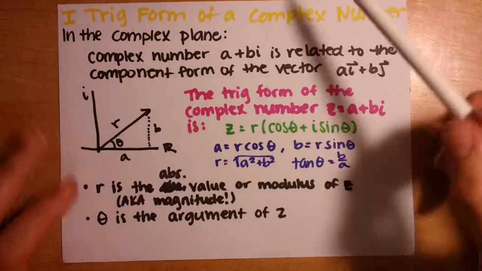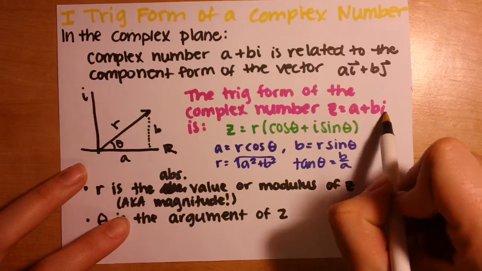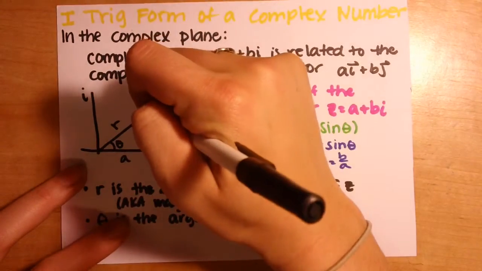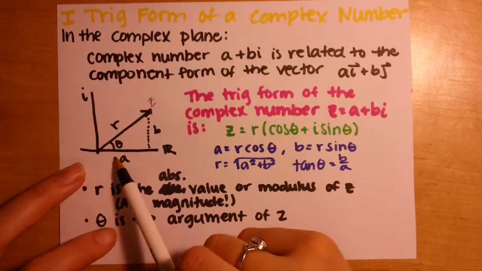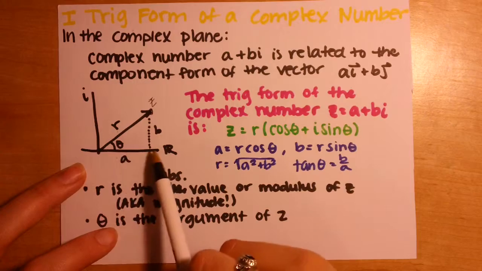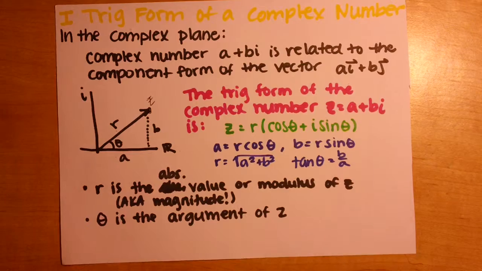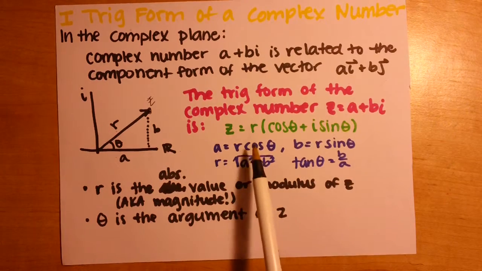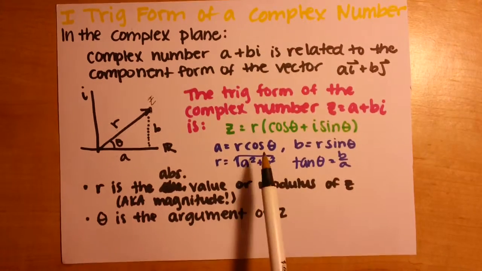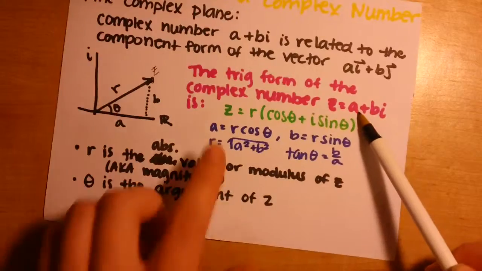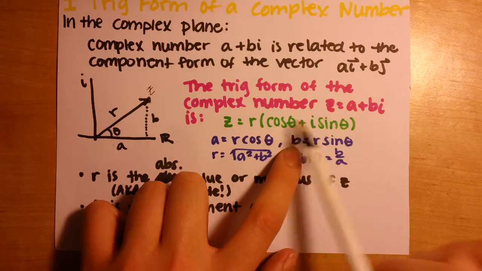So the trig form is going to be the modulus. So z equals a plus bi is the same, we have this point here, which is z, the same as saying r times the quantity cosine theta plus i sine theta. So this is very similar to how we found our vectors before with cosine theta and sine theta. You can multiply through if it makes it easier to see for you, r cosine theta plus i r sine theta. So here our a value is r cosine theta, our b value is r sine theta,